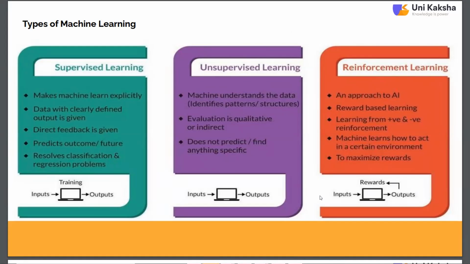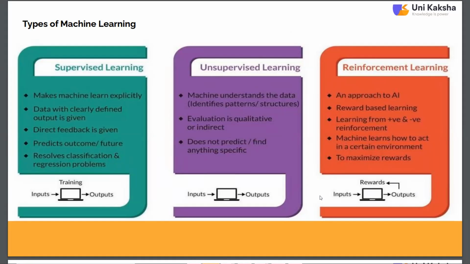The last one is reinforcement machine learning. It is a gaming type of system, or a reward based system. We can say this is a performance based system. In reinforcement machine learning, the reward system is there. As your tasks are completed, you get a new task, and as per your rewards and points, you move forward to the next thing.